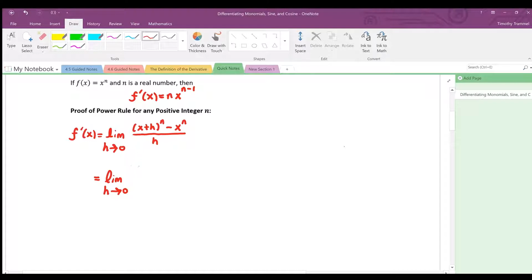If we start expanding that out, it's going to wind up looking like x to the n plus n x to the n minus 1 times h plus n times n minus 1 over 2 factorial. Actually, I'm just going to write that as 2, I don't want to confuse us, over 2 x to the n minus 2 times h squared